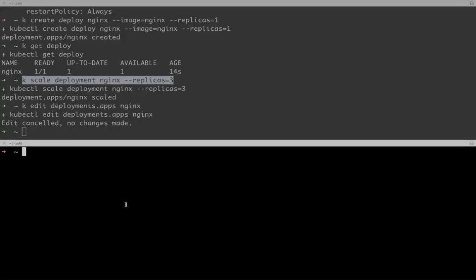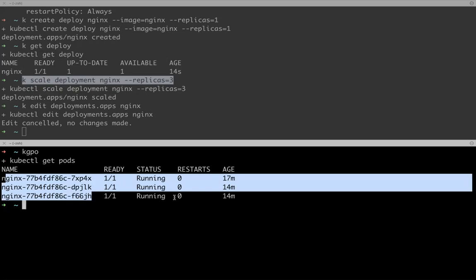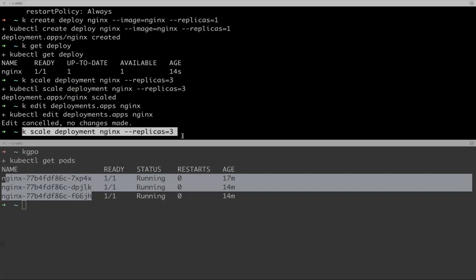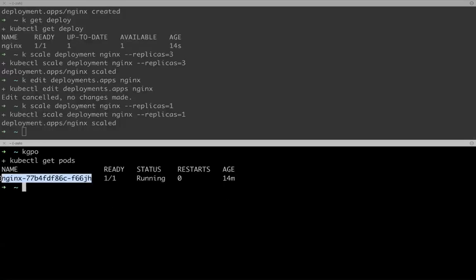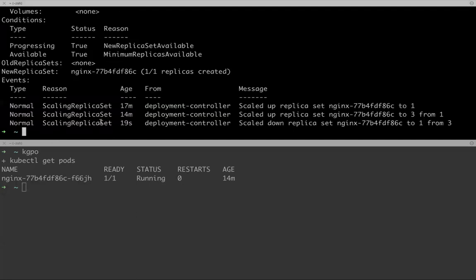Okay, fantastic. So I've explained the replica set to us. If you check the pods now, we have 3 replicas all running. That's because we scaled up to 3. I can scale down as well. How do you scale down? You just change it from, for instance, 3 to 1. When I do that and I do get pods, you see that it has scaled down to 1. And if you do a describe, let's describe the deployment. So you see that